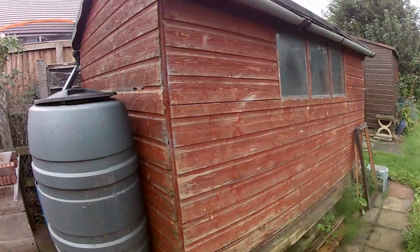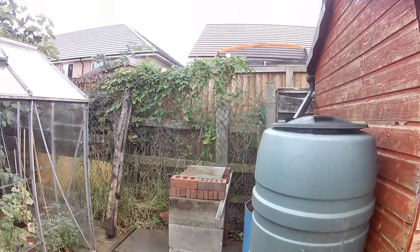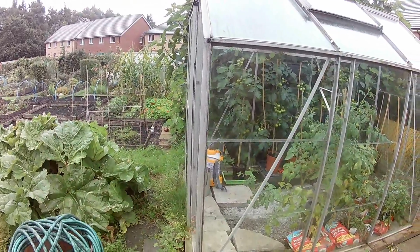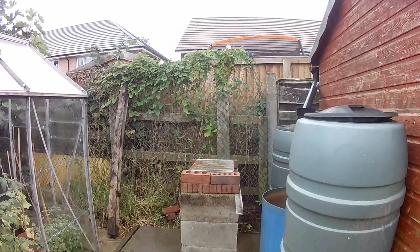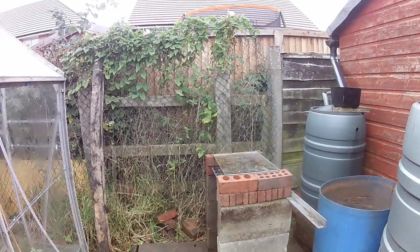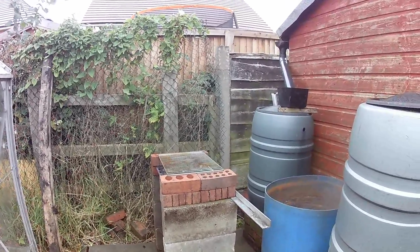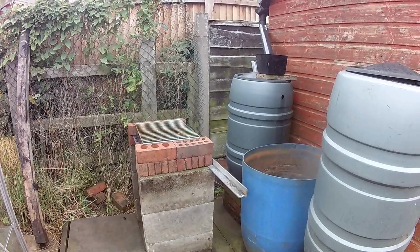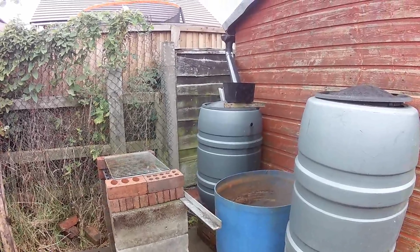So there we go. That barbecue is going to be coming down shortly because I need the bricks or the concrete blocks to put in front of the greenhouse there to make the path. I will get some more bricks. I'm thinking of actually building a barbecue here, just a small one that Wendy and I can use. This one I put there simply because the flagstone it's sitting on seemed to be the most level one, but it is